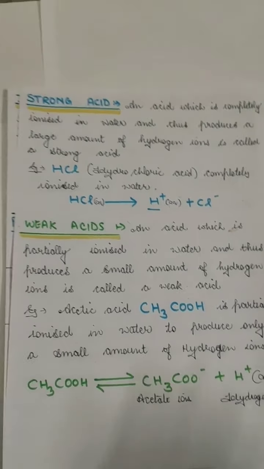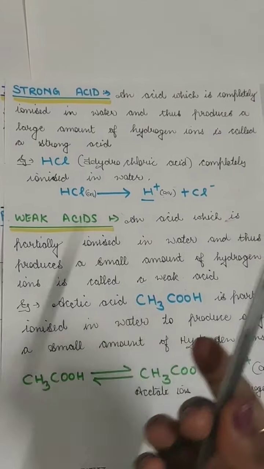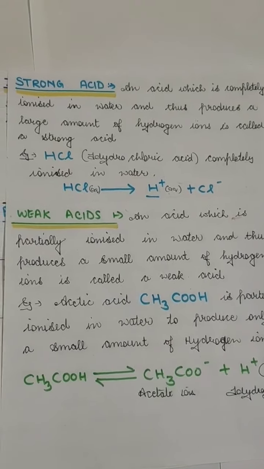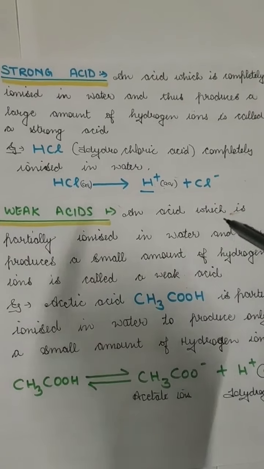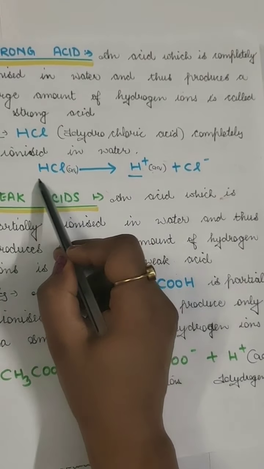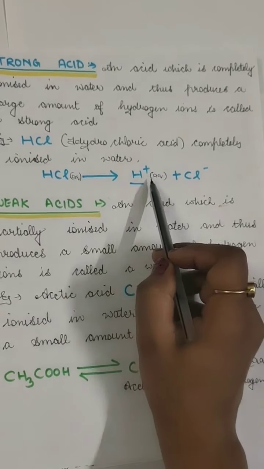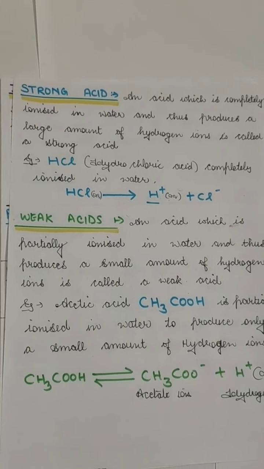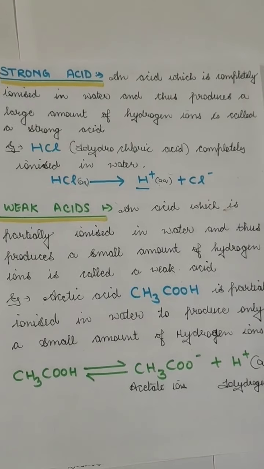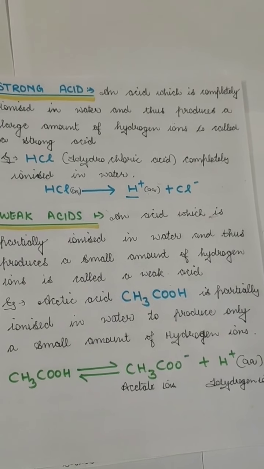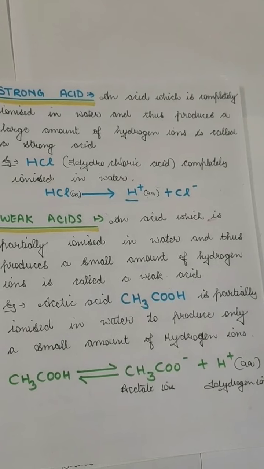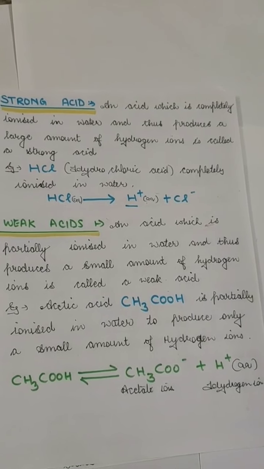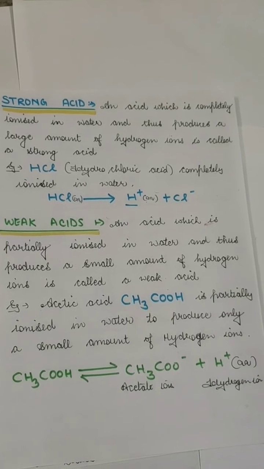Okay, these are the acids, but again you have heard a word about concentrated acids and dilute acids. Dilute acids are those acids in which we mix water. HCl is a strong acid, but there will be a fixed number of hydrogen ions in HCl. Like we are having 2 ml of HCl, and we are dissolving it into 50 ml of water. That means the hydrogen ion concentration in 2 ml of HCl will be in a limited portion, and when we mix it into a huge amount of water, the concentration of H plus ions will decrease,